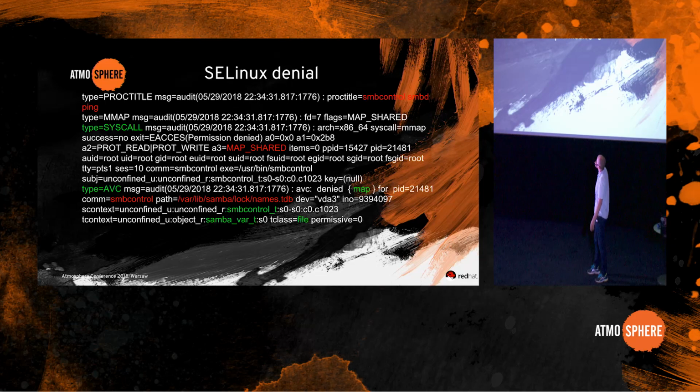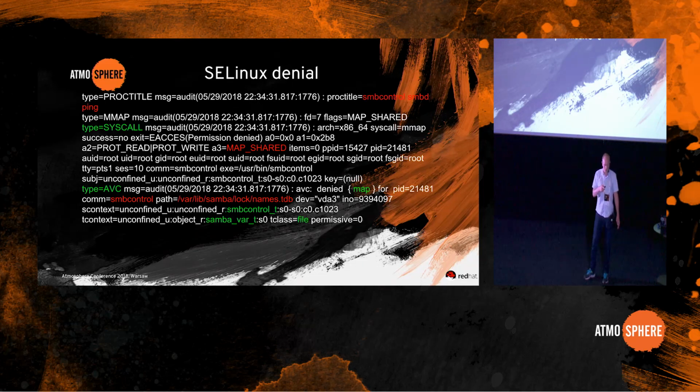So from a user point of view, root executed the samba control command, and using this command tried to find out if the SMBD service is running.